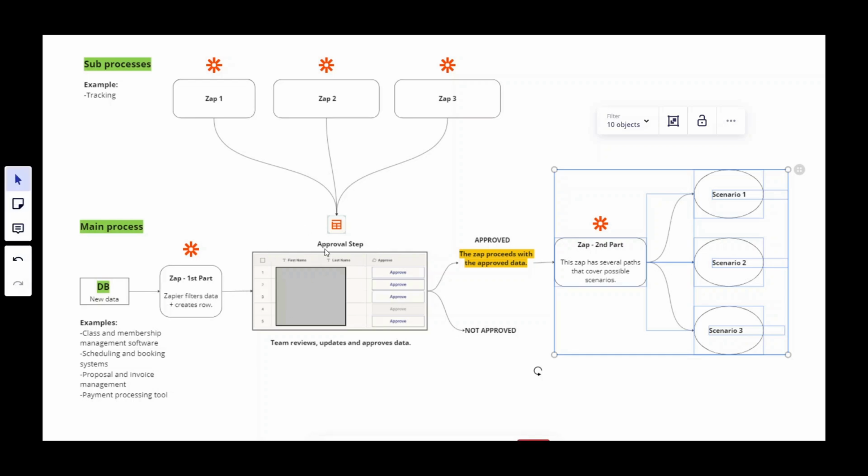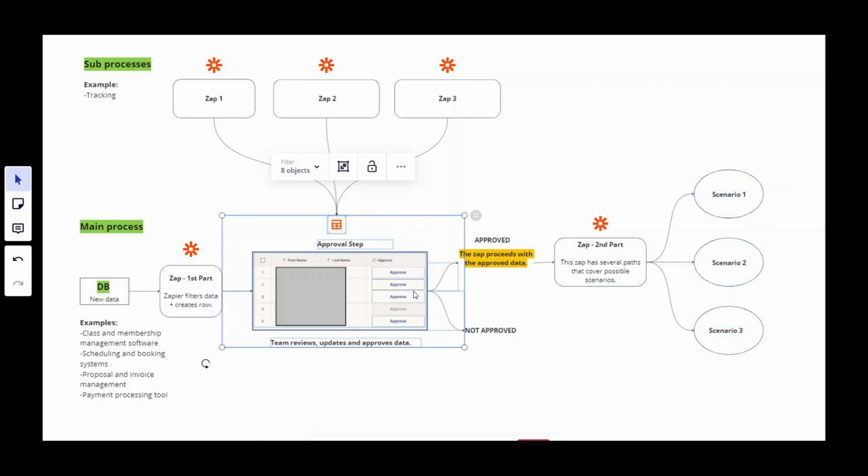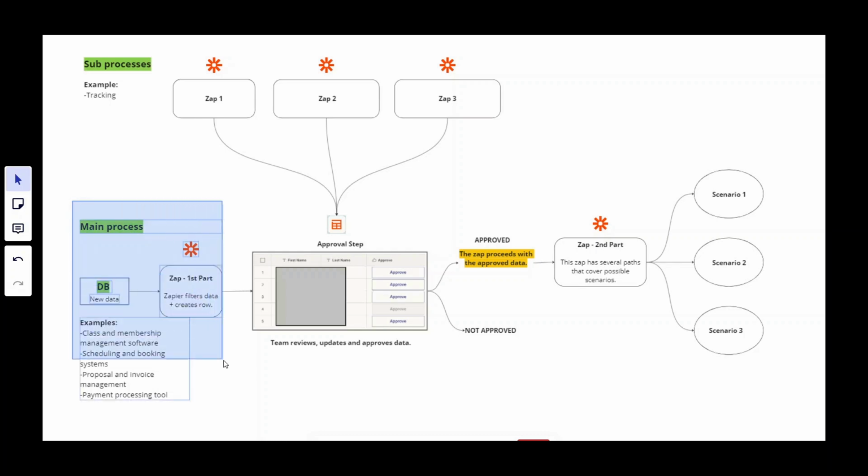The purpose of the table is basically giving the option to your team to review, update, and approve the data. You can create several buttons in your table, and then you can connect to those buttons specific Zaps. In this tutorial, I'm gonna show you how you can set up the first Zap, in which you basically set